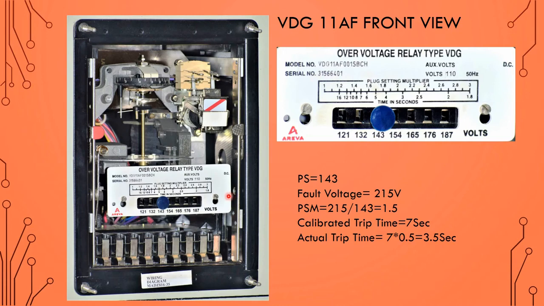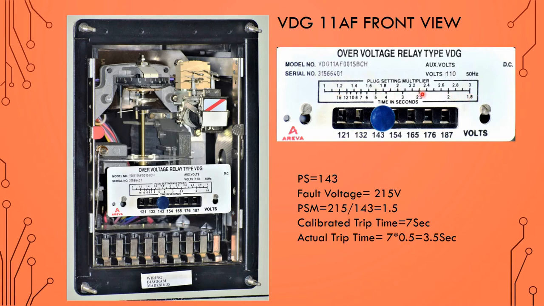Only the difference is this scale, this nameplate is different, but all the rest is the same as an electromechanical overcurrent relay. So if you will see the nameplate, the model number is written VDG 11AF, some number is there. So we are generally identifying it as VDG AF relay. And for auxiliary voltage, nothing is there, that means no auxiliary supply is required. And its rated voltage is 110 volt at 50 Hz. That means this relay will be used with that PT whose secondary is 110 volt. In that case only this relay will be used.